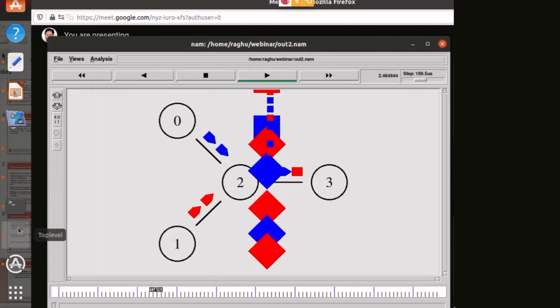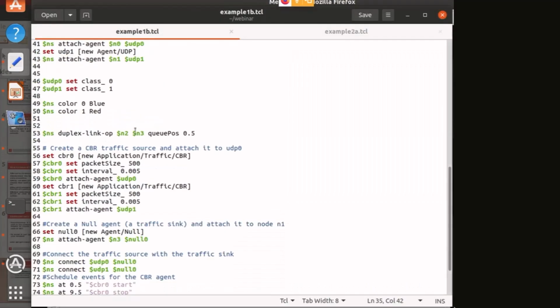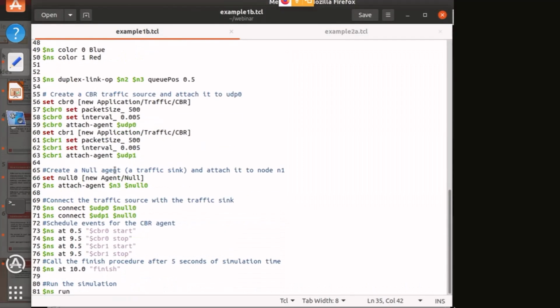You don't need to do it. If you want, then only you can do it. So what I will do is change this packet interval. I will reduce the rate, meaning I will increase the interval, so that now at every 50 milliseconds one packet will be transmitted.